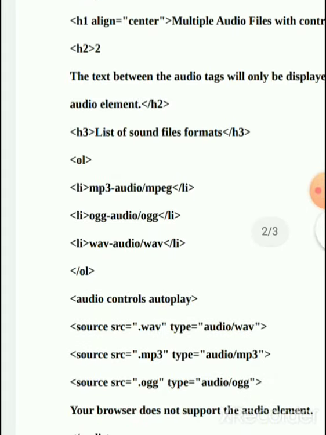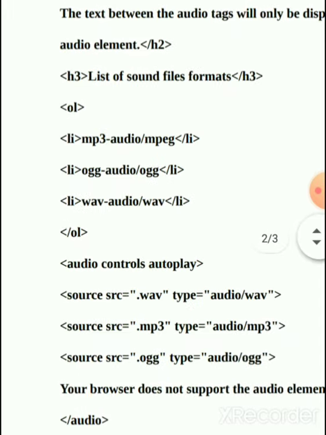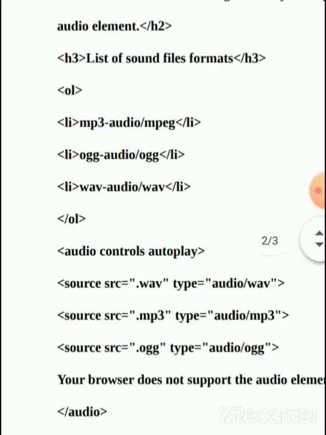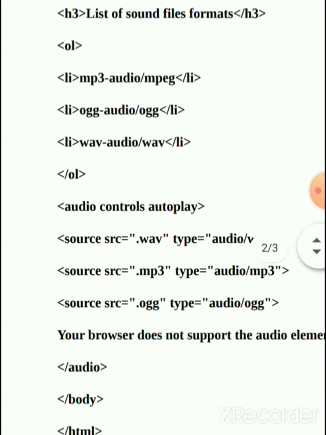Then the list of sound file formats. We can make a list in OL format to help the user understand, especially students, because you are going to use multiple file formats. So we are using mp3, OGG and wave.